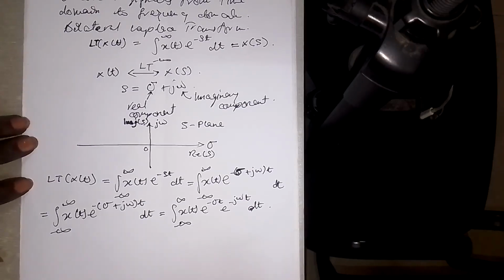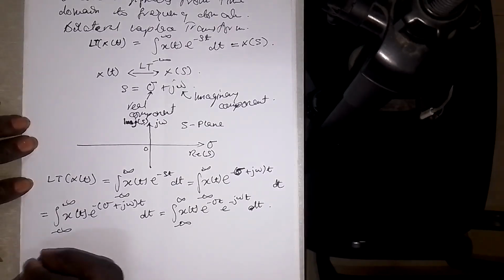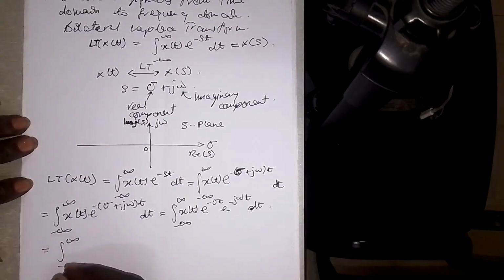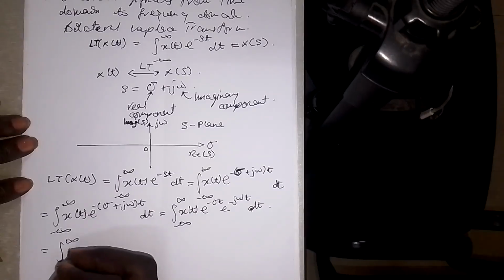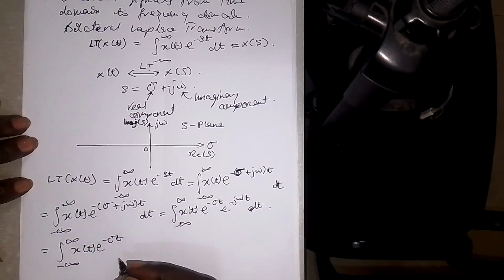If you observe this, you can see that these terms are very common to the Fourier transform, if you can remember. So I can write this as the integral from minus infinity to infinity of x(t) e^(-sigma t), let me take this one as 1, into